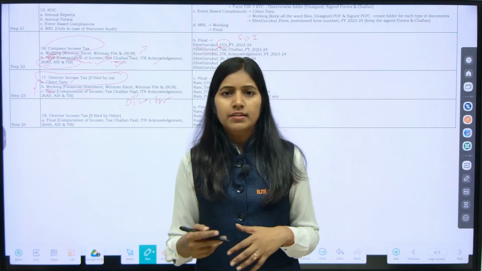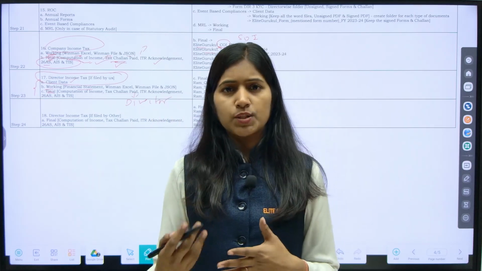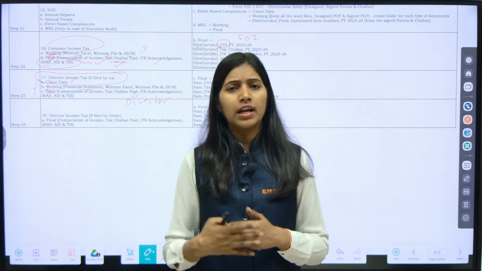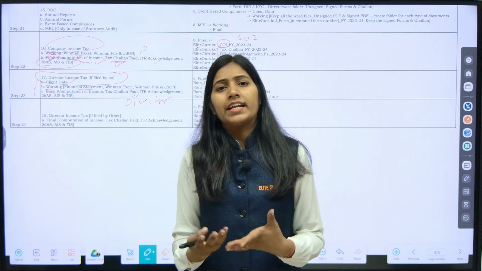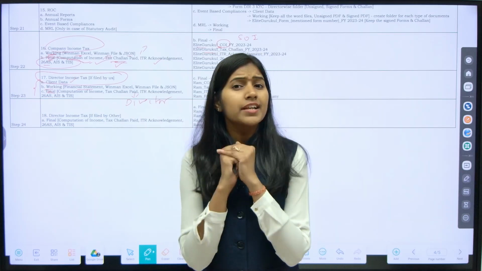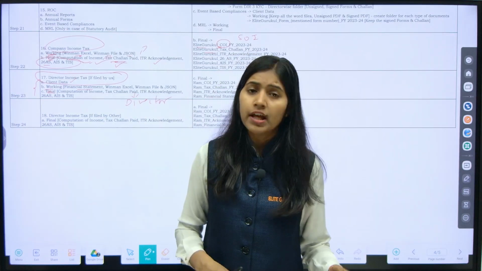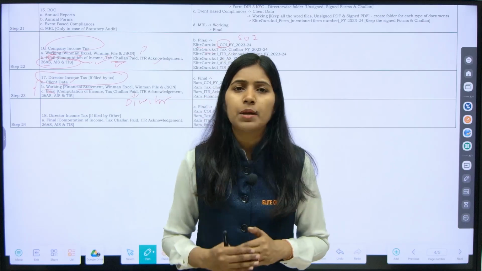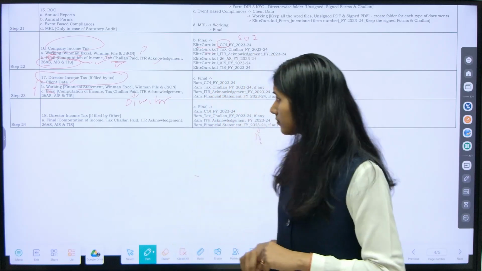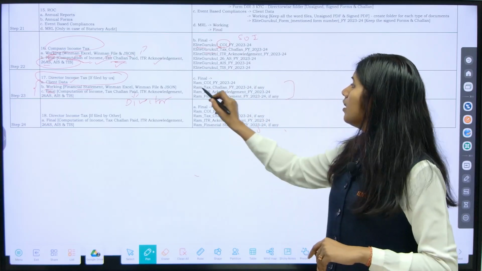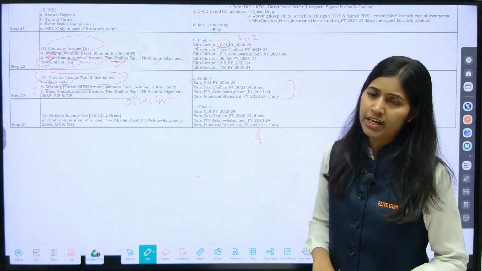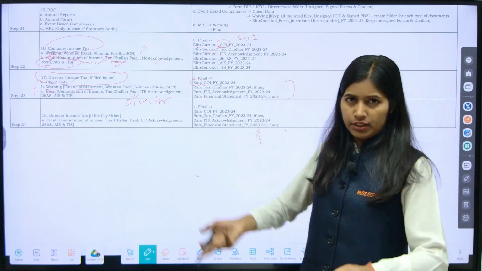So if the director's ITR is filed, then your acknowledgement will be generated. If the director has paid taxes, your challan will be available. If there is data in 26AS, TIS or AIS, then it will be downloaded. If there is no data, it will not be downloaded. So in that case, please do not keep any blank file as AIS, TIS or 26AS. And same here also, with the name of the director, the statement of income for the financial year, you are supposed to rename it as we have done for the company.